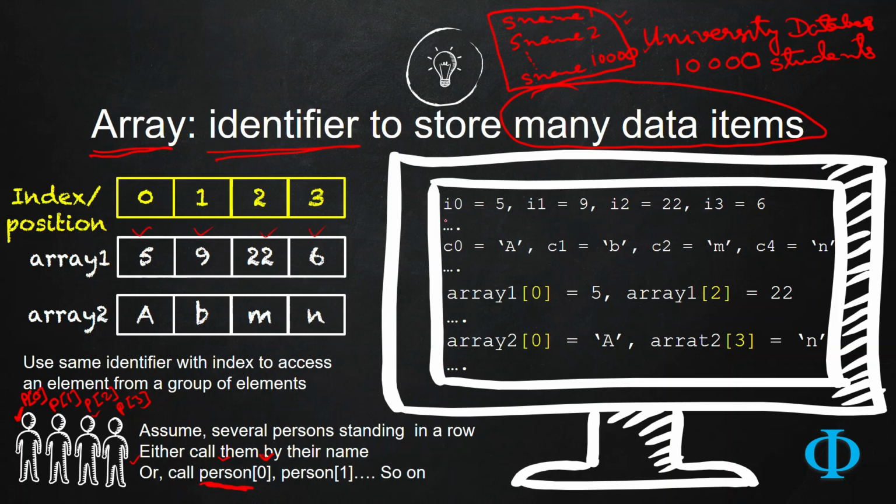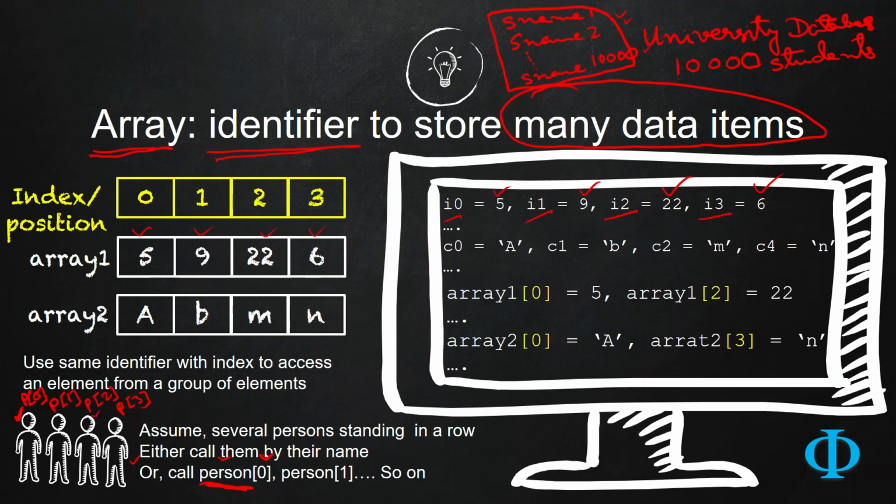Either you can have 4 different variables like i0, i1, i2, i3, and you store the value in each of these variables this way. But once again, as I have told, since this is only 4 variables, it is okay. But whenever it becomes 40 variables or 400 variables or 4,000, 40,000 variables, it is going to be unmanageable